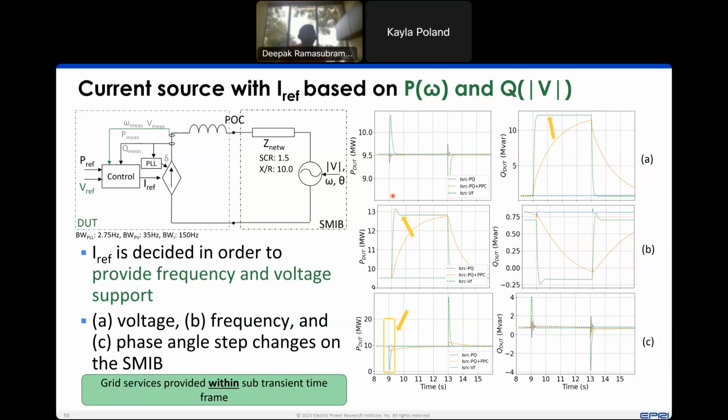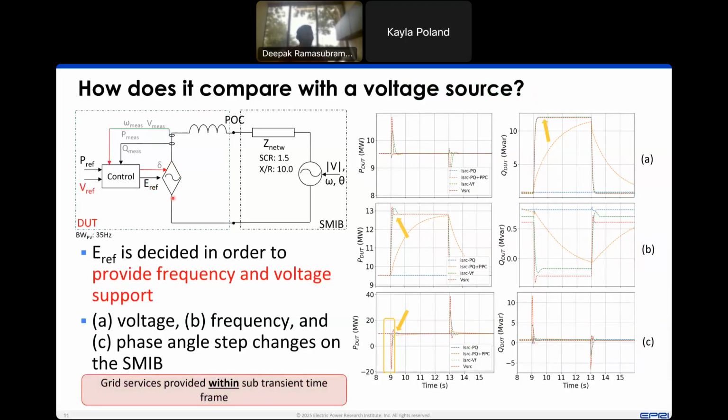by these particular responses. Now, these are important to track because if we now compare this with what an actual voltage source would do. So remember here, we kept everything as a current source. We didn't change anything in this controlled current source representation. All that we did was we changed the way in which this current reference gets generated. So now, if we actually compare this with a voltage source, which also does some form of power and voltage control, and it doesn't have a PLL, and it has an angle generated by the control, and it has a